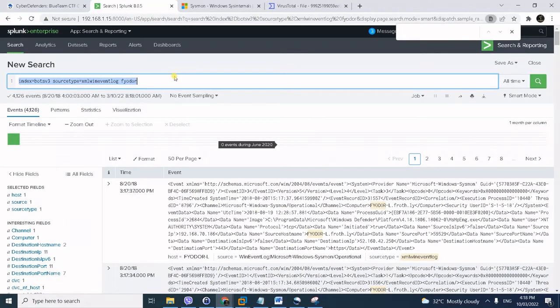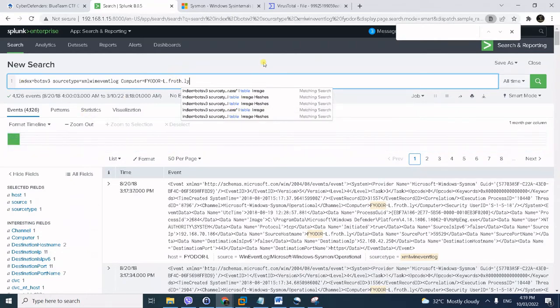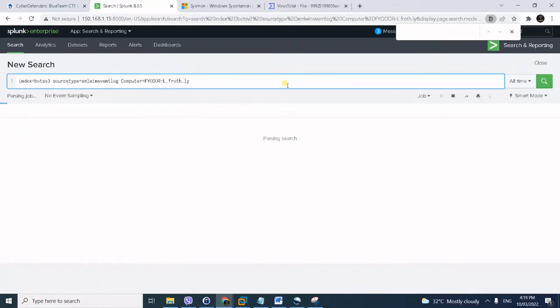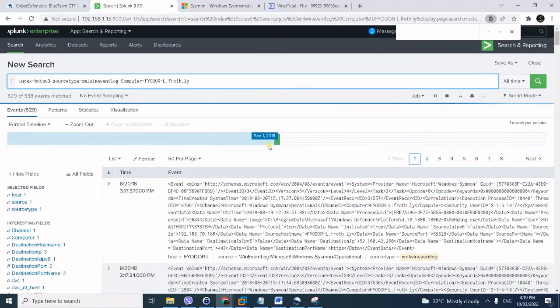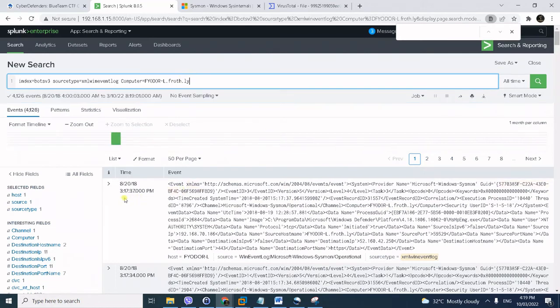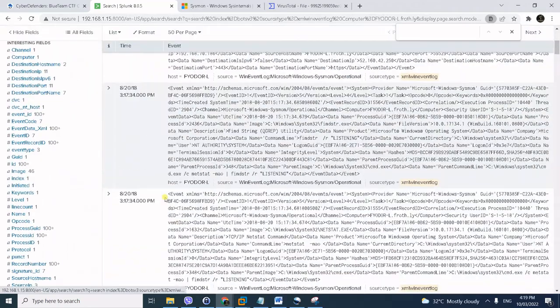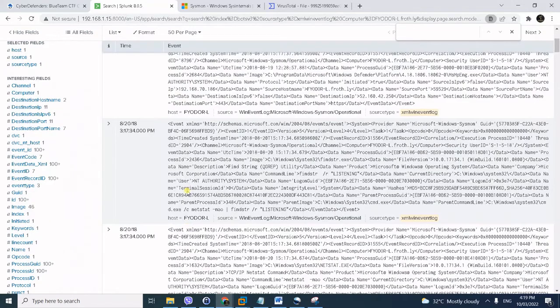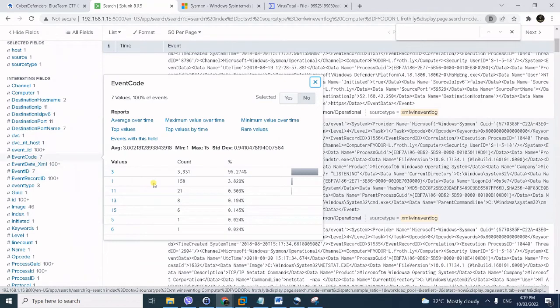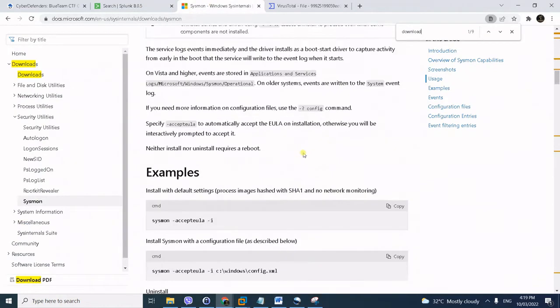Let's add that to our query. To save you the time of typing, I prepared it. Okay, so here we have narrowed it down, still 4,000. The next thing to do, since we're dealing with Sysmon, observe here the event code. We're interested in the event codes related to download. So if you Google it out,